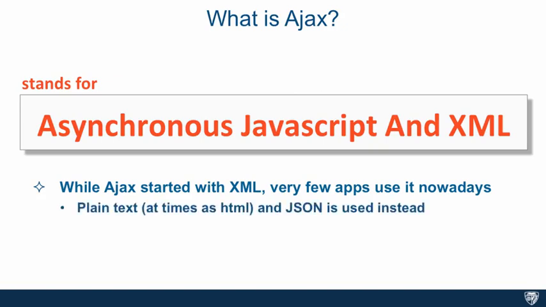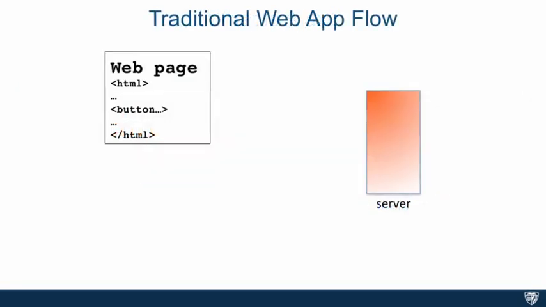Instead, most of the time nowadays it's plain text, sometimes just regular HTML, and then JSON, which we're going to talk about later, is used instead of XML. Now, why does Ajax exist to begin with? Well, we can answer that question by taking a look at how traditional web applications worked and what their flow was like. The traditional web application started with a web page, and usually a user is going to press a